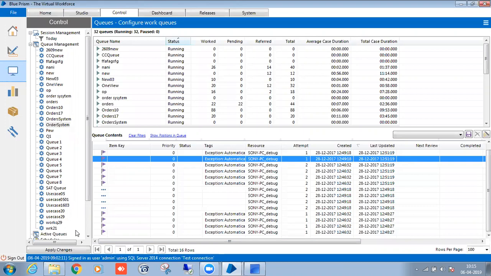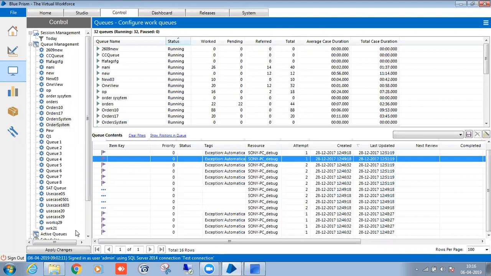Suppose now the order system is an application, right? In the order system, we are only working with one way, the new order. The other options are there too, and other people are working on other functionalities in the same application. If most of the people are working on the same application, there is sometimes a term called downtime. They won't run our bot during the downtimes. So what is the downtime for that application, and how many records and input values are there?